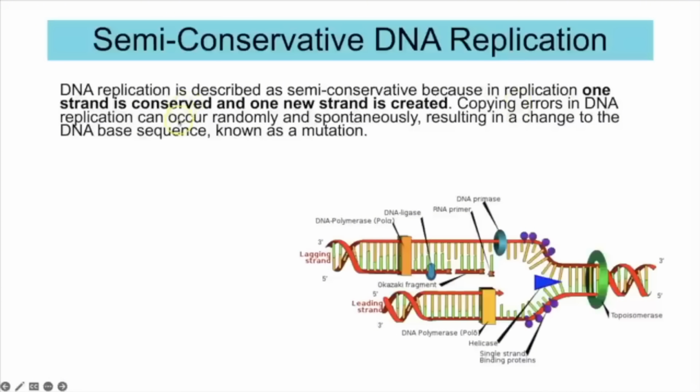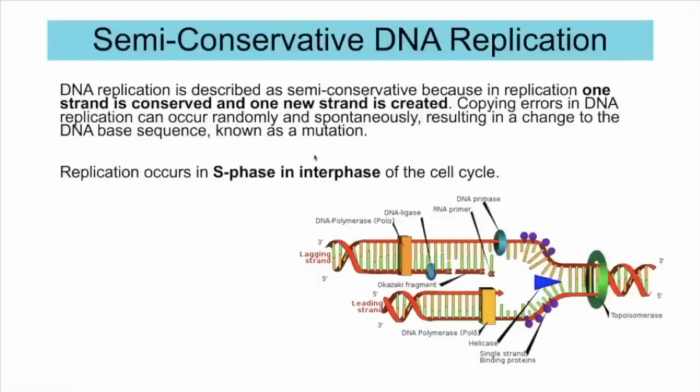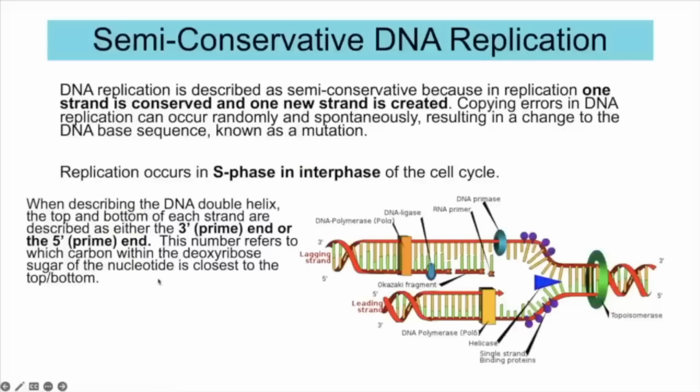Copying errors in DNA replication can occur, but they occur randomly, spontaneously, and they result in a change to the DNA base sequence, and that's what a mutation is. That would be an example of a gene mutation. DNA replication occurs in S phase within interphase of the cell cycle, and when describing the DNA double helix, the